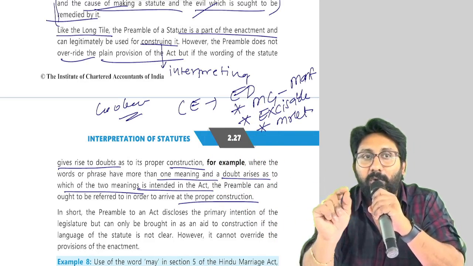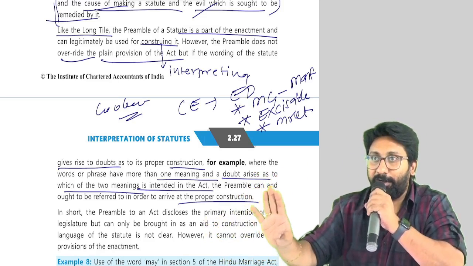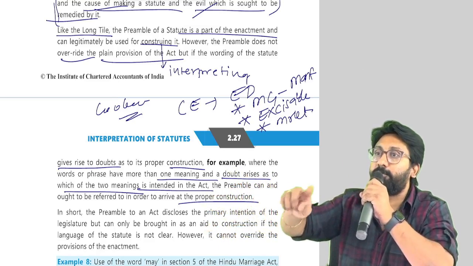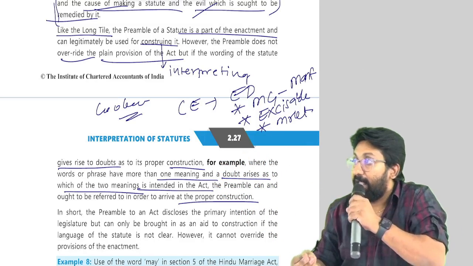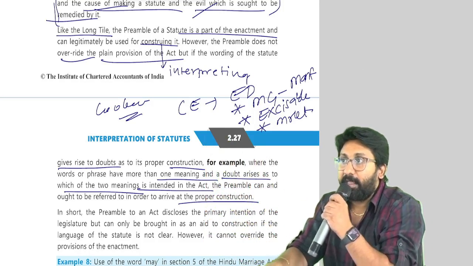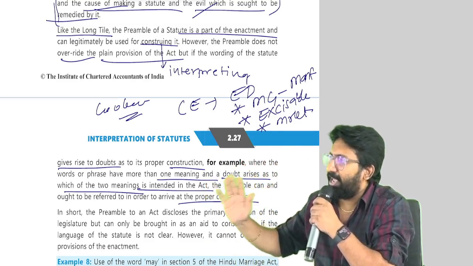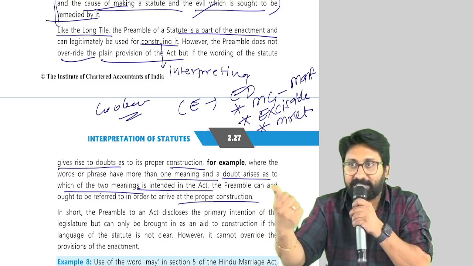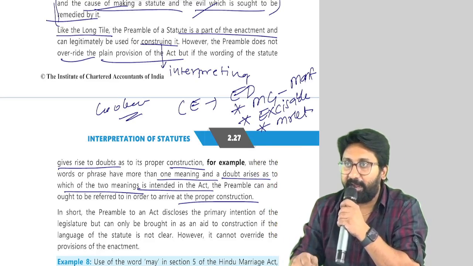Now tell me, what has the court used as an interpretation? That's what I wanted to tell. That means when a problem comes in interpretation, sometimes the preamble can be used by the court to give the right meaning for the particular problem. Are you understanding or not? That means the preamble can be used as an aid of interpretation by the courts. When the language is plain, directly apply the act, not the preamble. But when a problem comes like in Hawkins Cooker's case, at that time the preamble has to be analyzed properly and used as an aid for interpretation.